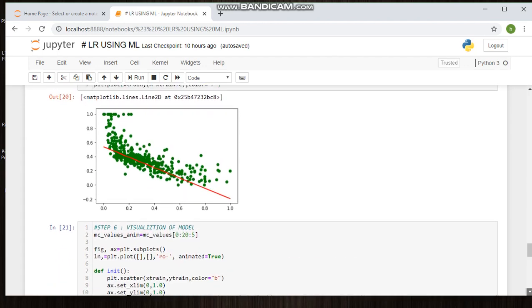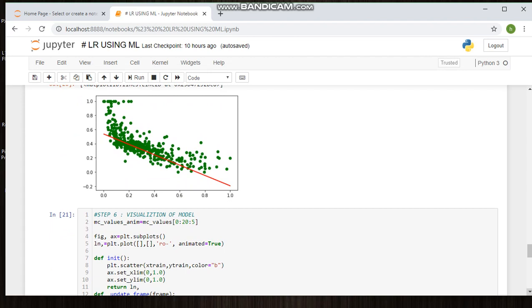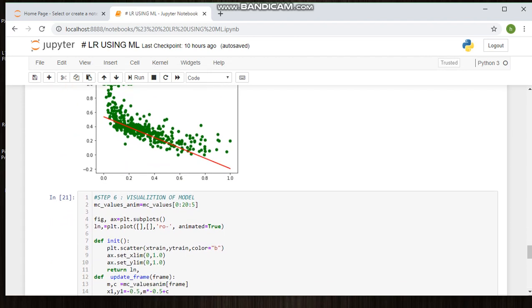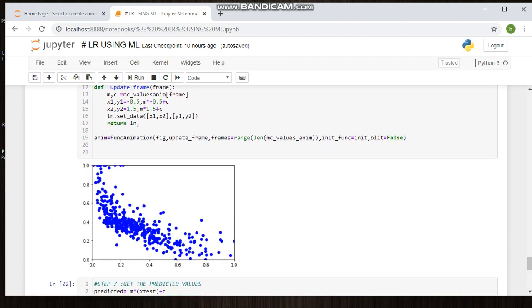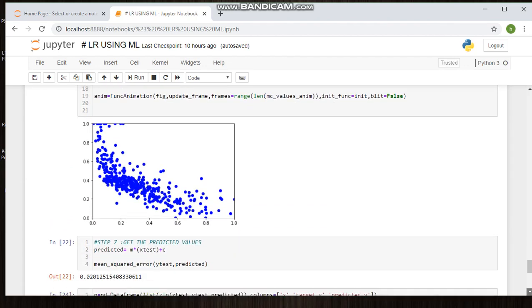The next step is visualization of the model. How to visualize the model? Using this function, the m and c values are passed to the animation, and the error and update functions are defined, to find the graph between the update and initial functions. How to grade the predicted value?